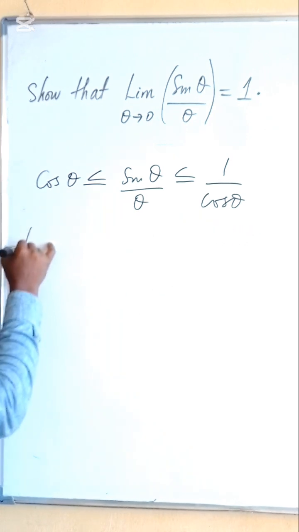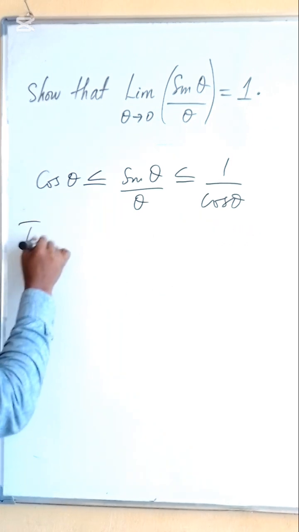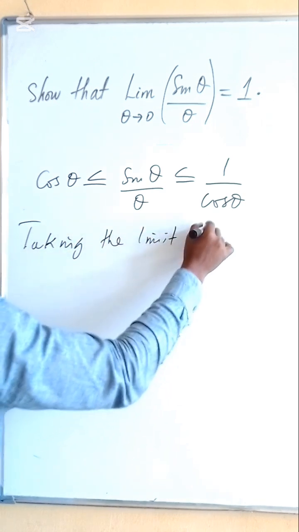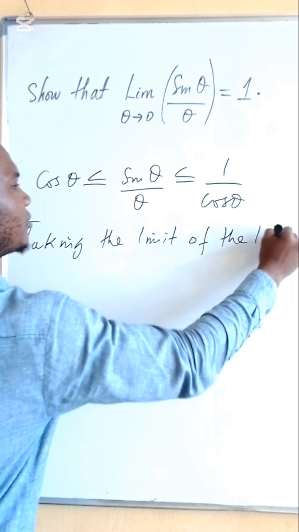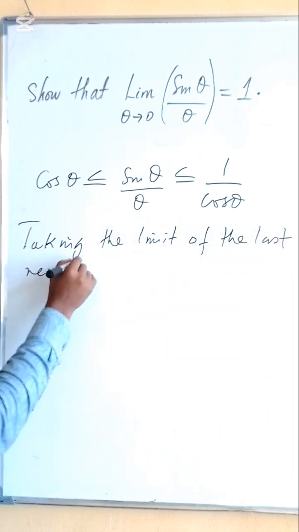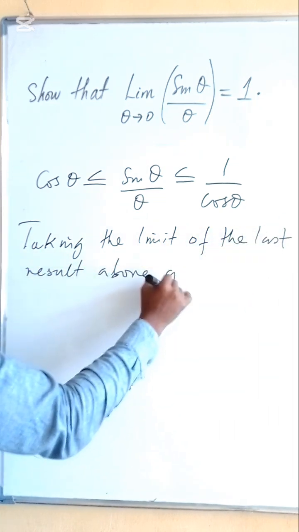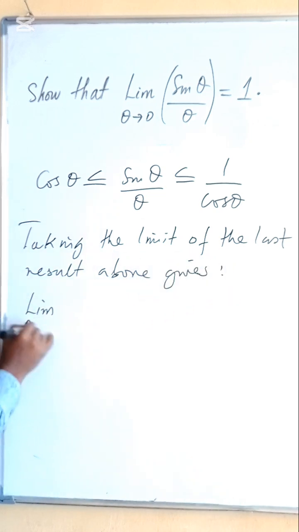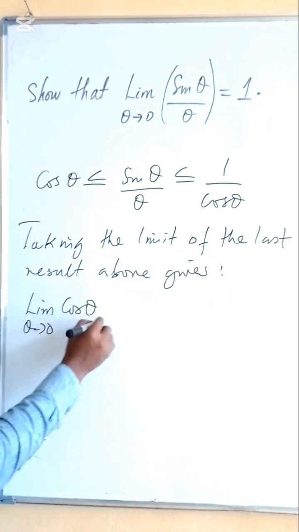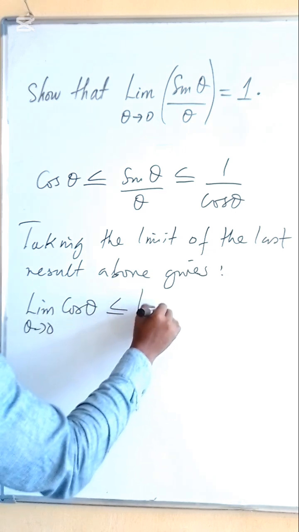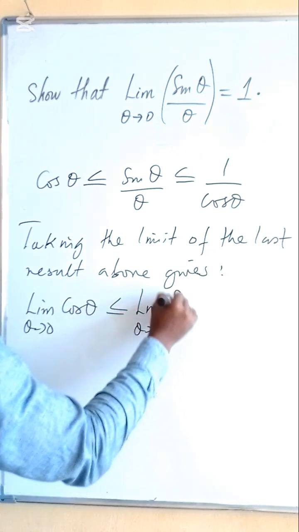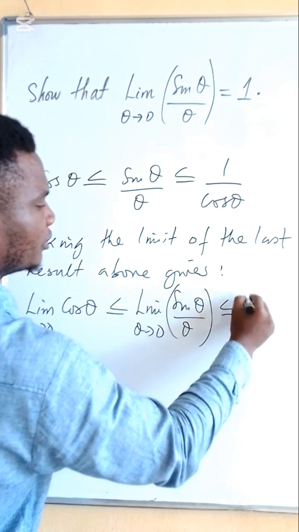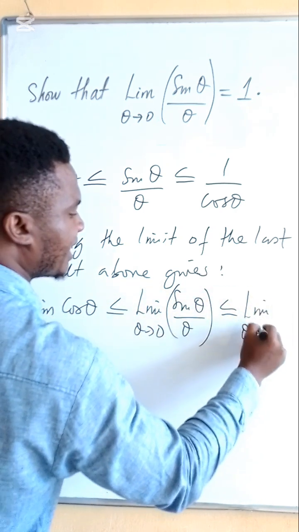Taking the limit of the last result above gives the limit as theta tends to 0 of cos theta, less than or equal to the limit as theta tends to 0 of sine theta over theta, less than or equal to the limit as theta tends to 0 of